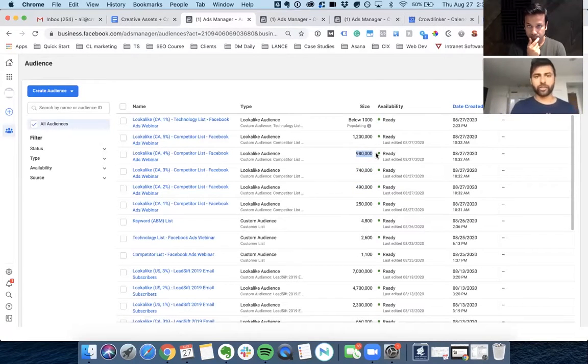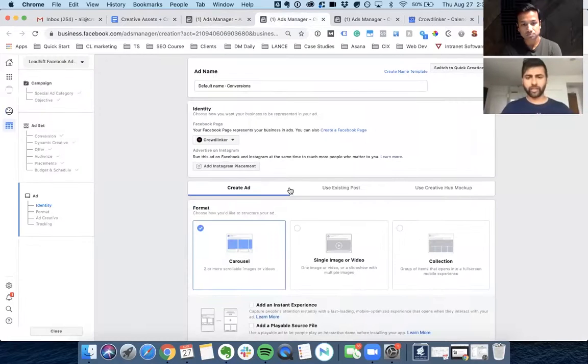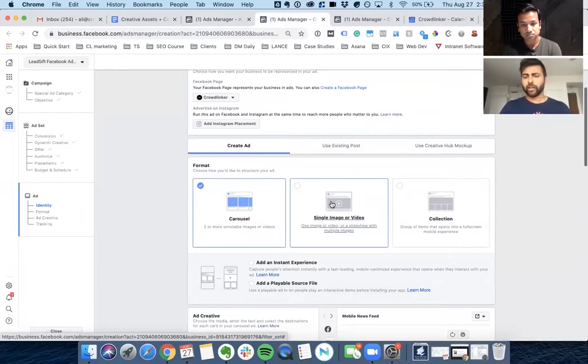So that's really interesting, because once again, when you're targeting on Facebook, the size of the audience really matters as compared to your budget, and you're always trying to hit that sweet spot. So it's pretty interesting how it builds up with each percentage. Anyways, guys, back over here. Once again, pretty simple. Go ahead and you create your ad.